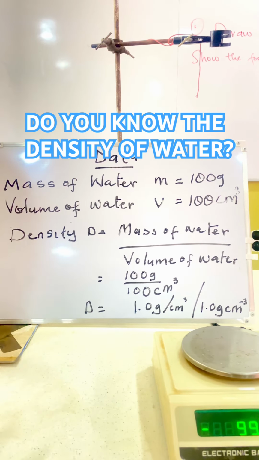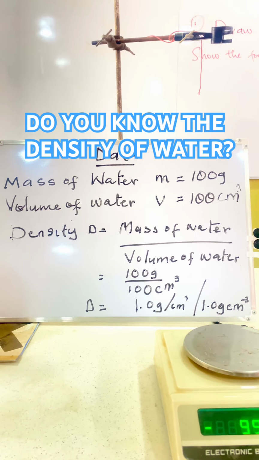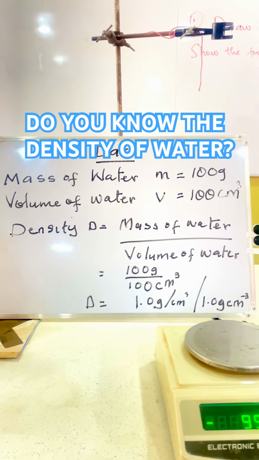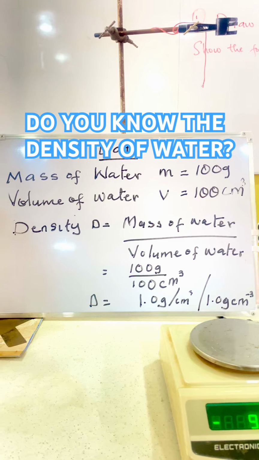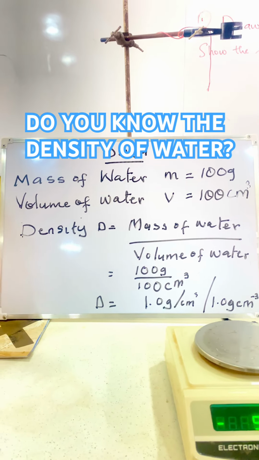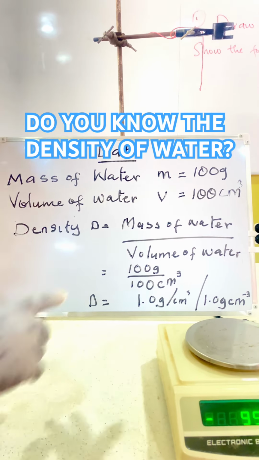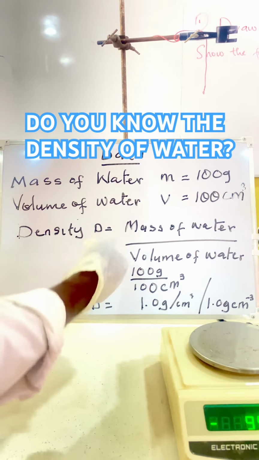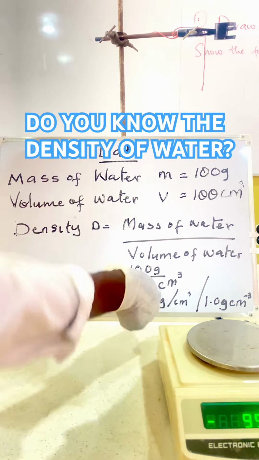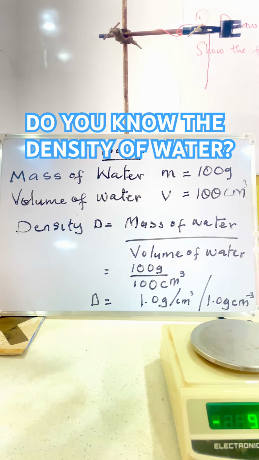So based on this, scientists are able to adjust the principle of flotation and sinking, meaning that if you are an object that is made to float, scientists can make you sink. And if you are an object that is made to sink, scientists can make you float. So the density of water is the only one whose mass is equivalent to its volume. And scientists also use the density of water to relate it to